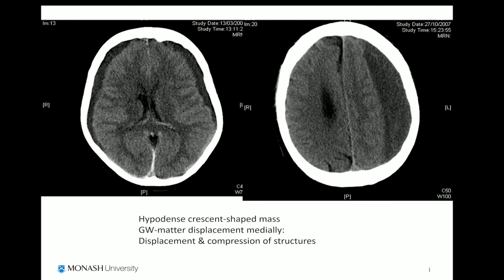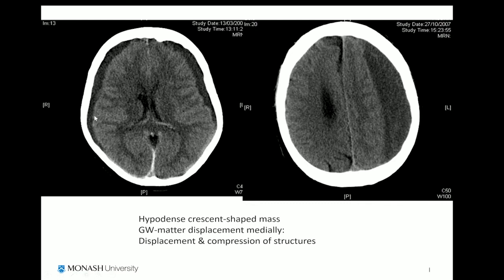Something else to remember, and especially in the older population, where our older patients can fall quite regularly: if you have a bilateral bleed, you won't find that there is a midline shift, because the bleeds are on both sides, and it actually keeps the midline structure central. Now, if this was isodense, meaning that it was the same density as the brain, this could be missed. That's why it's sometimes so important to give contrast, because the contrast won't cross the blood-brain barrier and it will